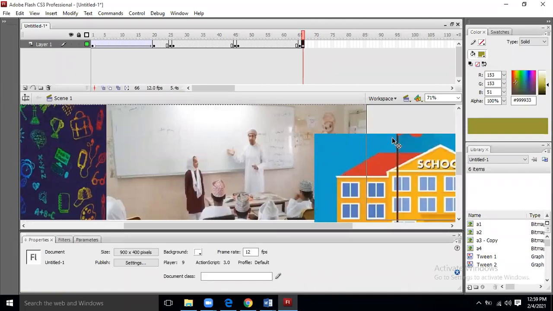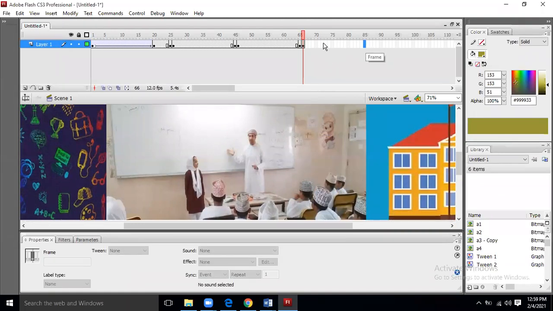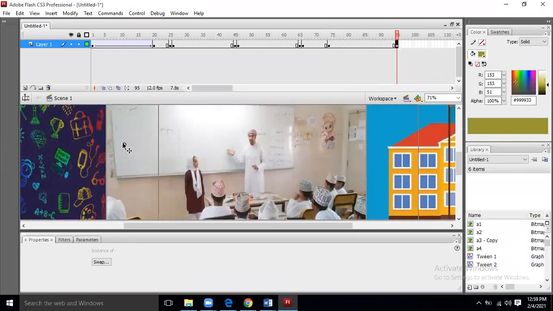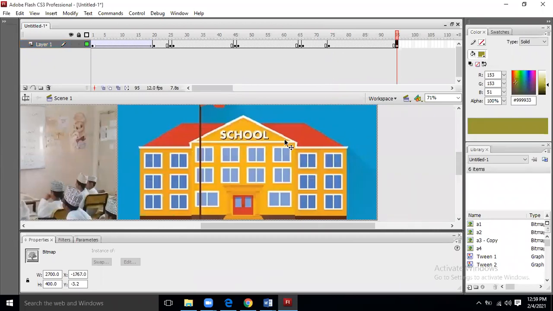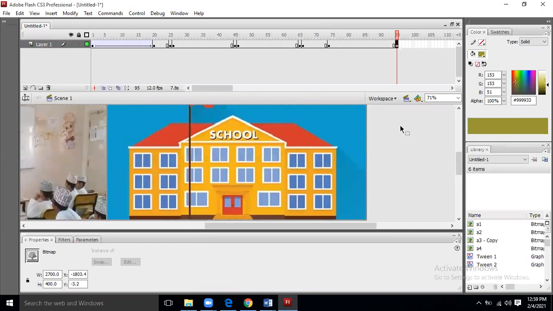Now I place it over here. And now, first I extend it for 10 frames. Then I say that this should move. I press F6 and now I move this image and that building image will appear over here.